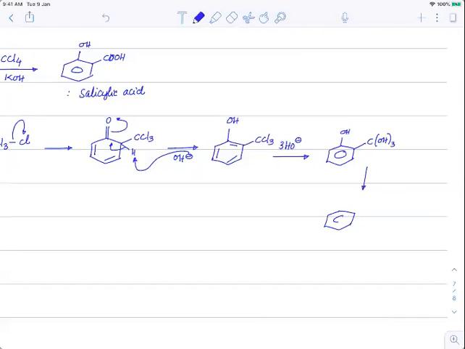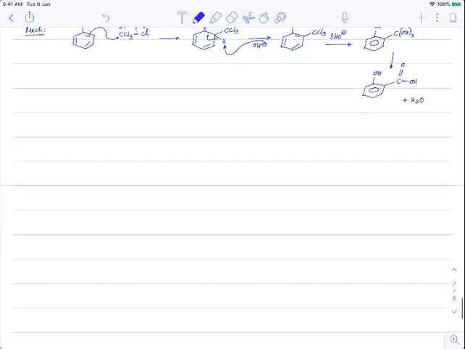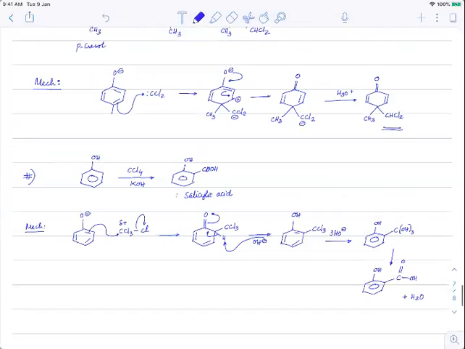So if you remove all these chlorines, what do we have? Now 3 OH groups on one carbon is unstable, so one water molecule will come out of it, and the rest of the molecule is retained as the acid. Is this clear? So that's how you will get salicylic acid. So CCl4 itself will act like a very good electrophile, and you'll get salicylic acid based on this.